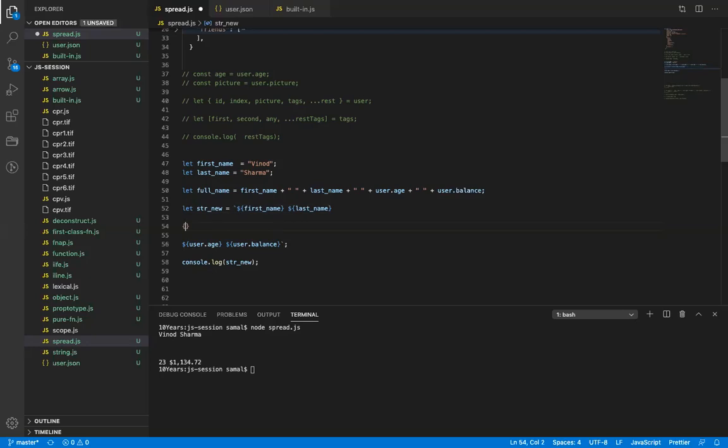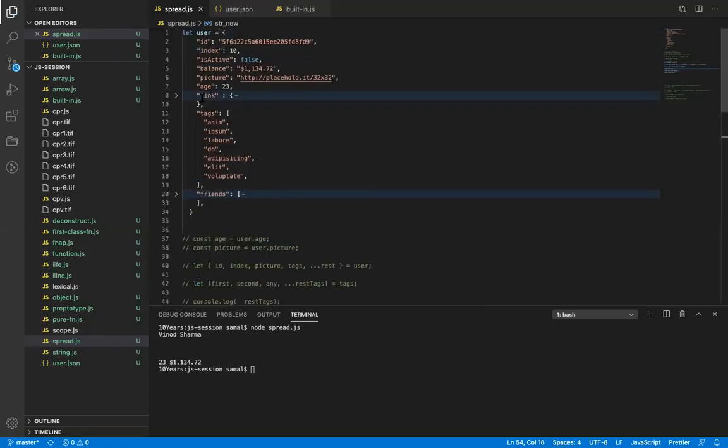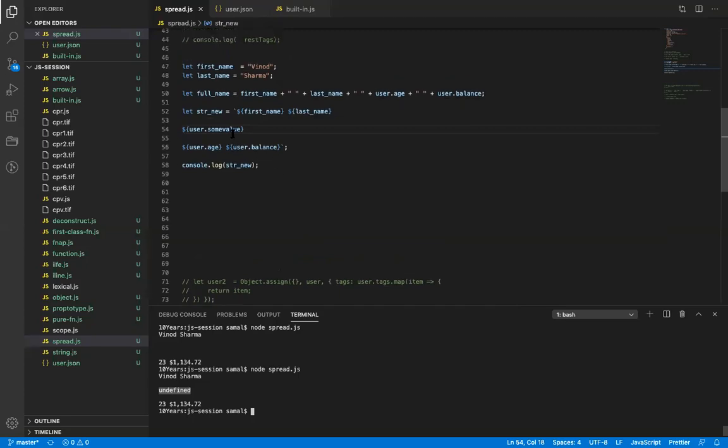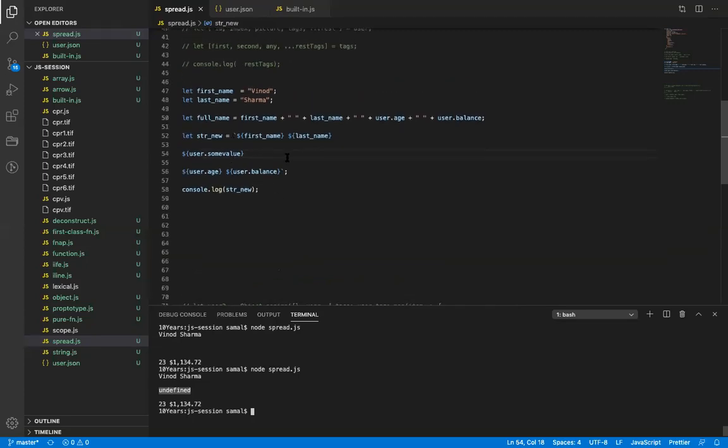Let's say I use dollar user, some value, and now this key is not in this object. If I now do this, you will see there is an undefined printed here. So there is, basically, to solve this issue, either what we do,